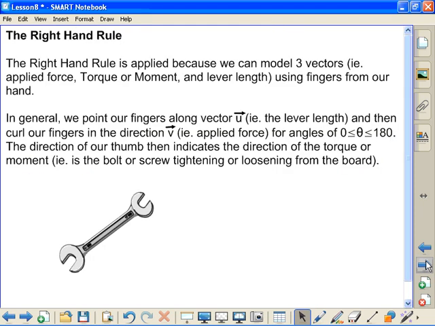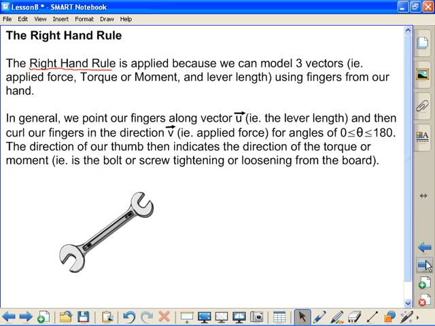So we have something called the right hand rule. That means you need to use that right hand, and it's going to be a little tricky, so this may have to be explained when you see me in person. The right hand rule is applied because we can model three vectors, the force, the torque, and the lever length,